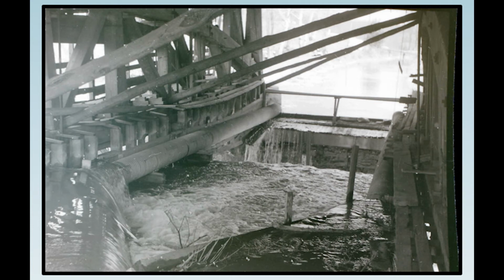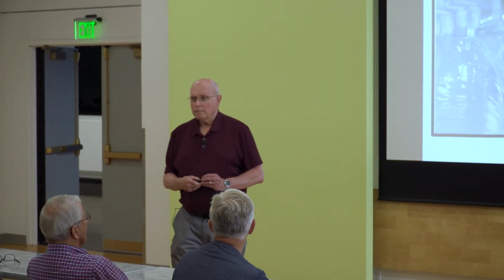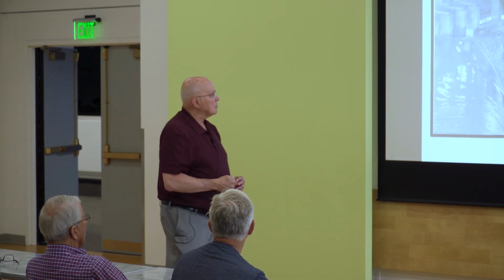This is the mill race coming into the Moss Island mill. You can see the water spilling here, and then it tumbles down. You needed at least a 7-foot drop to develop enough horsepower to drive the wheel, to turn all of the